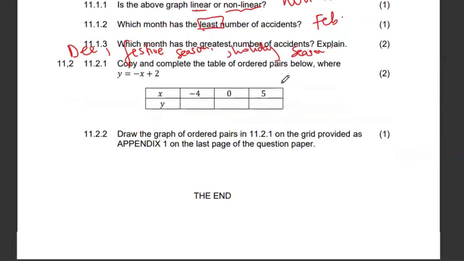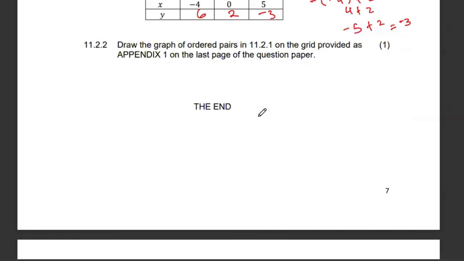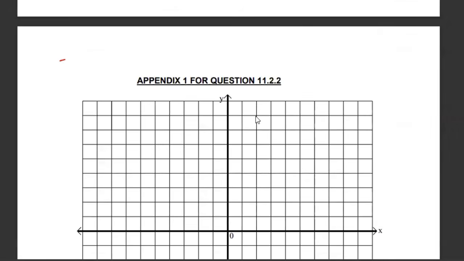All right, then copy and complete the table. We have this equation. So if x is -4, say -4 plus 2, which is 4 plus 2, which is a 6. If x is a 0, y is going to be a 2. If x is a 5, so -5 plus 2, which gives us a -3. Then they want us to draw the graph. So from this, we know that the ordered pairs are going to be -4 and a 6, 0 and a 2, and then we have 5 and